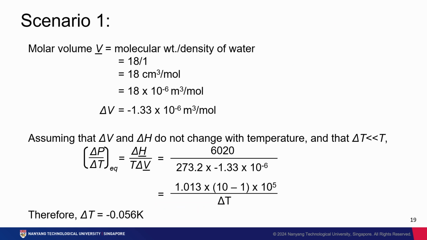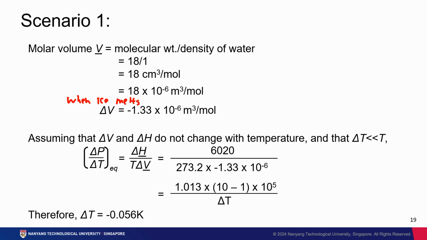So we have to do the same for water. Using the same formula, we can get the molar volume of water by dividing the molecular weight of water by the density of water. And this gives us 18 times 10 to the power of negative 6 meter cube per mole. So here, we are going to be able to figure out what is the volume change when ice melts,